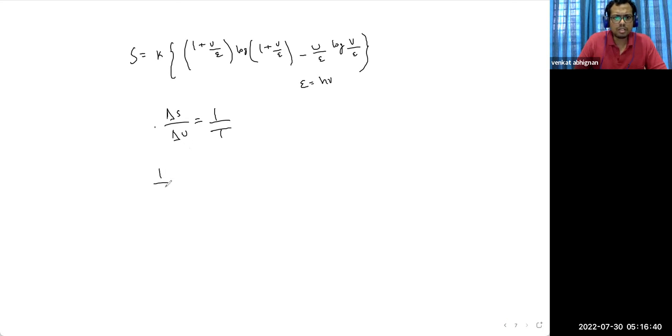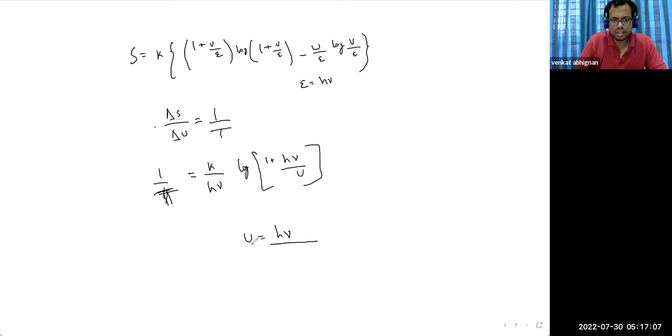So I can do the trivial differentiation of this quantity with respect to U to get 1 by T as the same constant times h nu log of 1 plus h nu by U. And I can do some algebra again, and I can get the energy of each oscillator as,